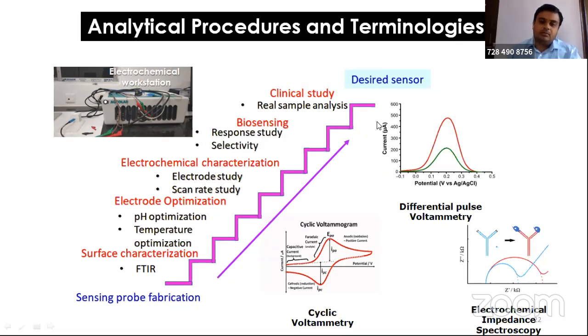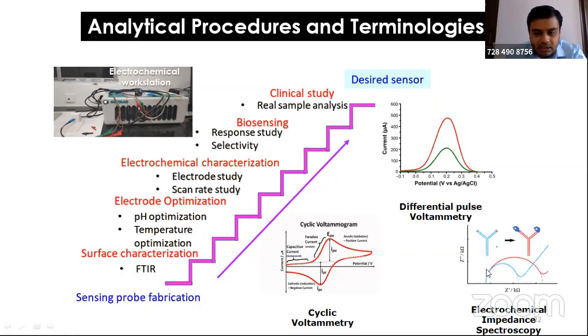So I'll give you one example where the surface is very much conducting, but when you put a protein onto the metallic surface and you measure the current across it, the protein, when you are loading, will increase the insulation on the surface. It means the resistance will be increasing. So that is also measured by electrochemical impedance spectroscopy, right?